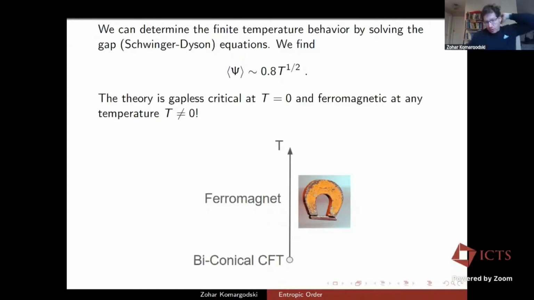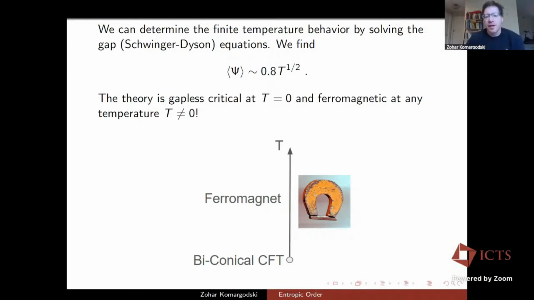And indeed, you can do large n calculations in this model, and you find that the 1-point function of the psi field goes like the square root of temperature at large n with a non-zero coefficient. And it has this very interesting phase diagram. It's a conformal field theory with some fixed point that I showed to you. At 0 temperature, as you heat up the system, it always stays a ferromagnet. And we believe the mechanism is the same as in the Ising model, namely, this is entropically favored because it opens up a large phase space of fluctuations for the phi order parameter.